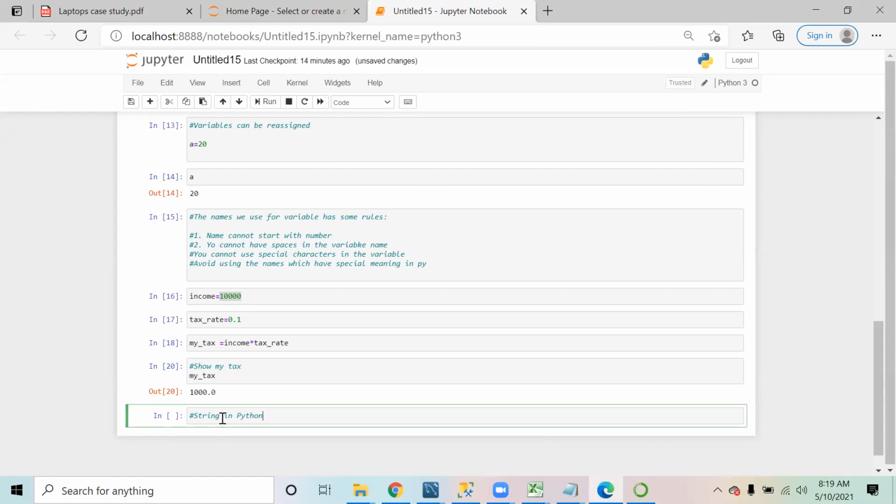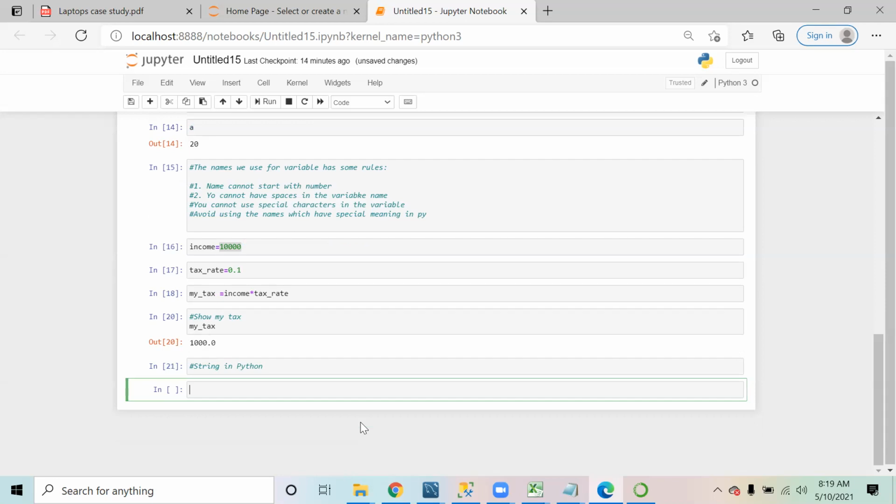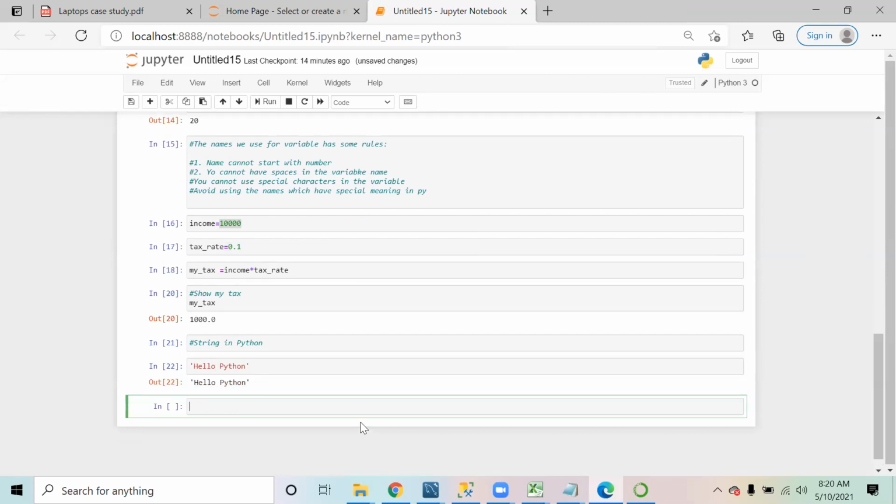Whenever you work with strings, it's not just with Python, it's with any other language. We have seen that with SQL also, right? String values always come in quotes. If I say hello Python, if I'm writing something as a string, you have to make sure it comes in quotes.